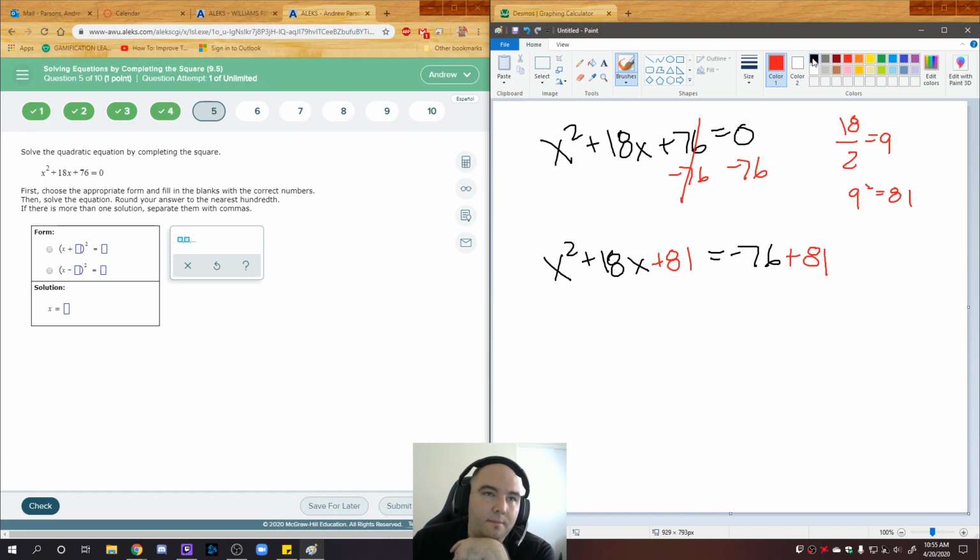And why did we do that? Because that allows me to figure out what multiplies to make 81 and adds up to make 18, which is 9 times 9. Positives, because they add up to positive 18. Sometimes you'll choose negative, negative, and sometimes you'll choose positive, positive. It really depends on what the middle number is. And honestly, you don't even need to write this thing out here. In my mind, you should be able to skip all that and just immediately jump to the answer, which is